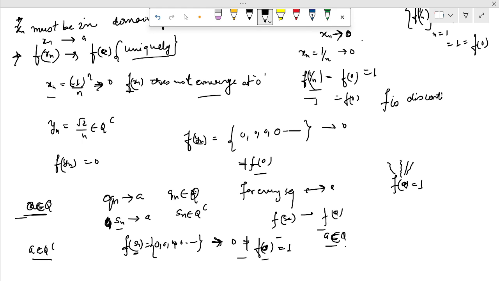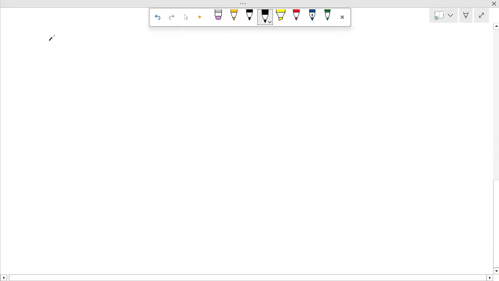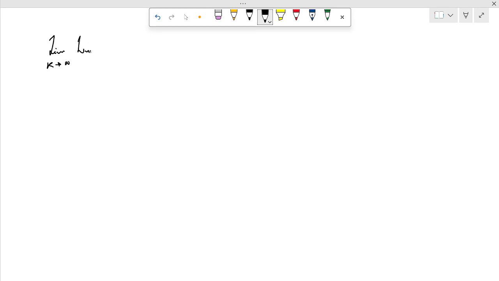I hope this is clear. And I told you that there can be different ways of looking at it. One of the ways of looking at it is, if you want to construct a Dirichlet function, one can say limit k tends to infinity, limit n tends to infinity, cos of 2k, n factorial pi x. So this is nothing but a Dirichlet function. So if you want to ask whether this function will be continuous or not, the answer is this will be a discontinuous function on R.